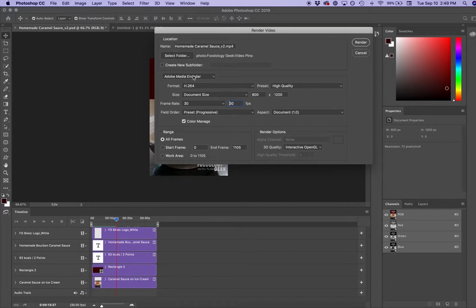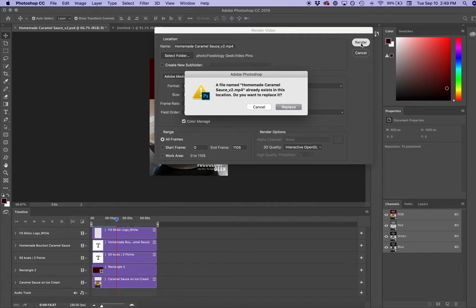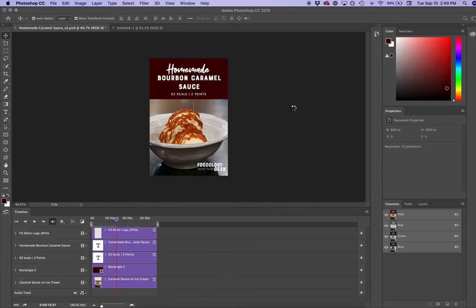I want to make sure this is set to Adobe Media Encoder, and the output format I want is H.264. Make sure it's going into a folder that you know you're going to be able to retrieve it from, and then hit render. I'm going to go ahead and replace this because yes, I did